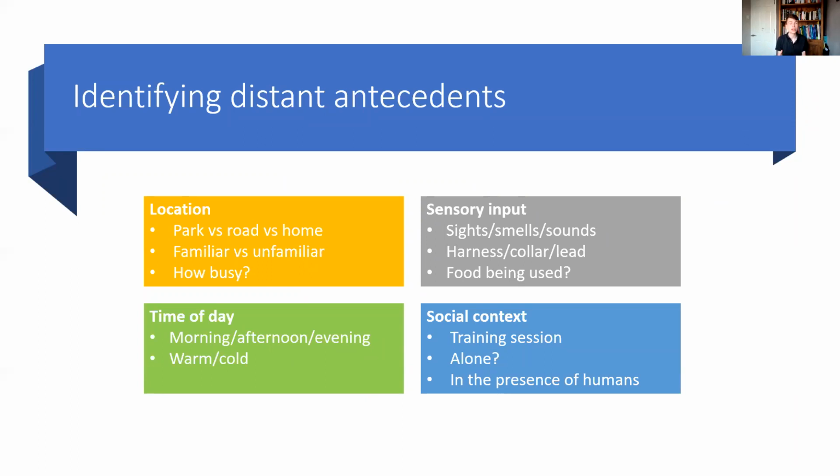There are a few key distant cues that we often see that might influence a dog's behavior in terms of whether they react or not to something. This is really key, particularly if you've seen dogs, or have experienced yourselves with dogs, that react very out of the blue, and it's very hit and miss whether they're going to react to something or not. One of the reasons for that is that there are so many potential things that the dog might be processing that it has associated with that fearful response.